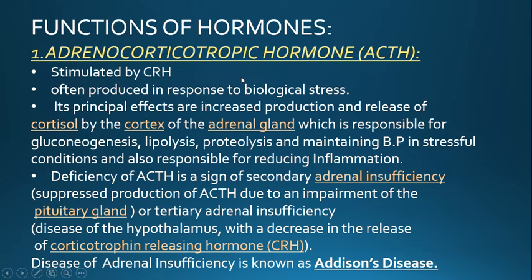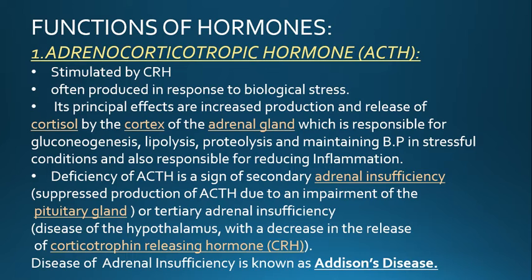Functions of hormones. Adrenocorticotropic hormone, which is stimulated by the corticotropin releasing hormone, is produced in biological stress. What it does is it basically stimulates the cortex of the adrenal gland to produce cortisol, which is a stress hormone which causes gluconeogenesis, lipolysis, and proteolysis. Basically what happens is during stress we need more and more energy, and for that we need more and more glucose. So our body